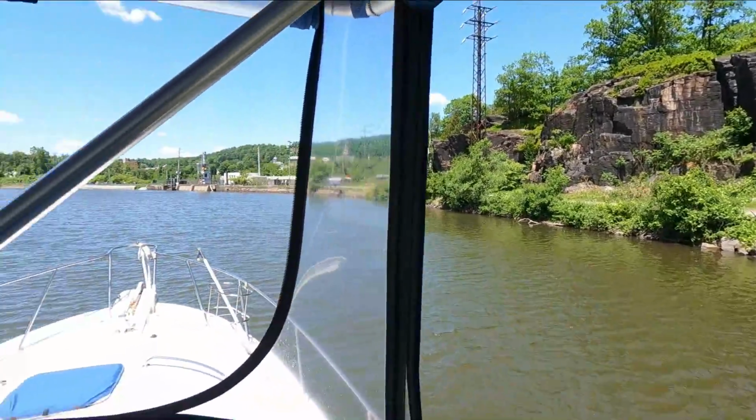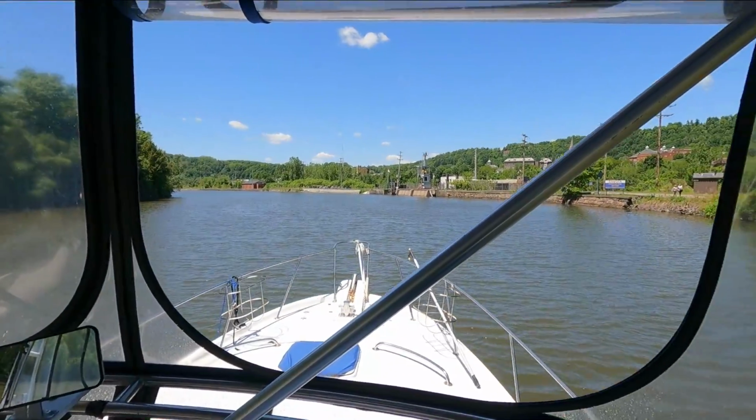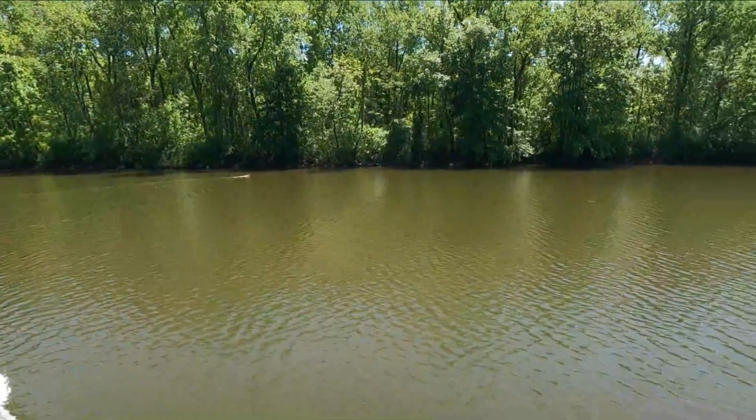Wow. All right, we got some strong current coming up over here from the power plant, so I'm gonna use both hands on the wheel. There's a deer swimming across the...